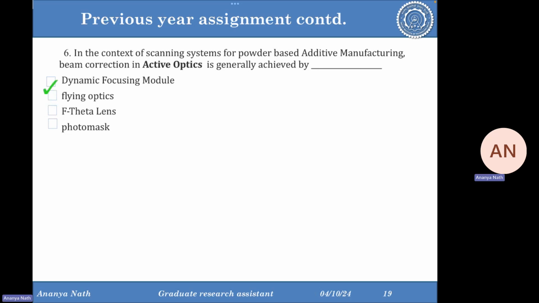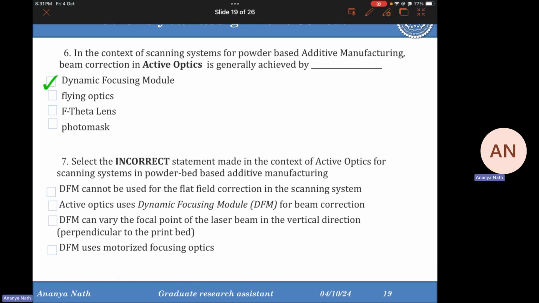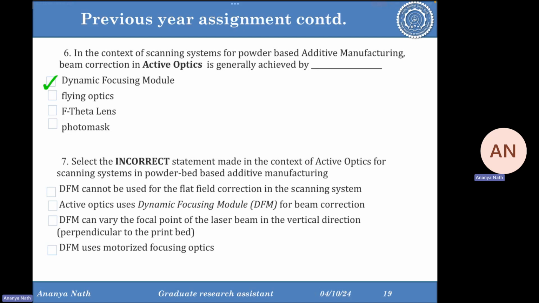In the context of scanning system for powder-based additive manufacturing, beam correction in active optics is generally achieved by dynamic focusing module. So in the scanning system, first is the galvo scanner which takes the help of f theta lens. After that comes flying optics, in which we take the arrangement of lenses where you put different lenses one after another, and in between the process it's known as active optics, because in between the process